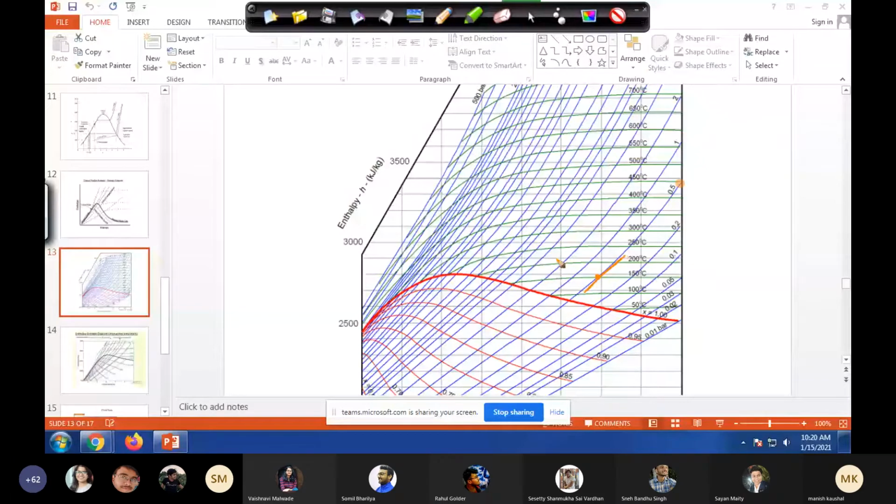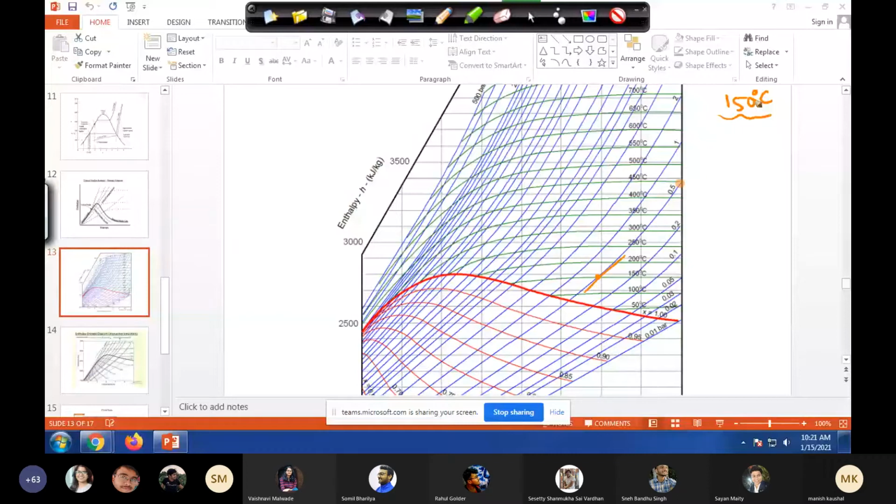So we know that the slope will give us temperature, and when you did it, you found that temperature is coming out to be 150 degrees Celsius, let's say. That you noted down. You marked a random point on this 0.5 bar curve, and then you took a tangent, and then you measured the slope. In Kelvin, you will get it, and then when you converted it, it coming out to be 150 degrees Celsius. Now you have to find out the points on another isobars where you get the same slope.